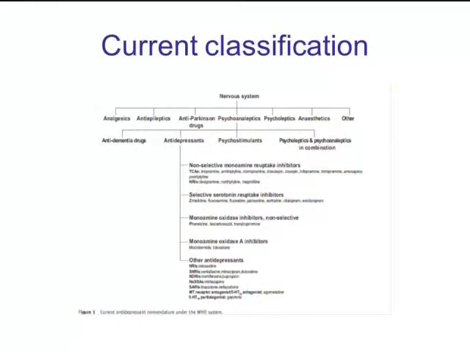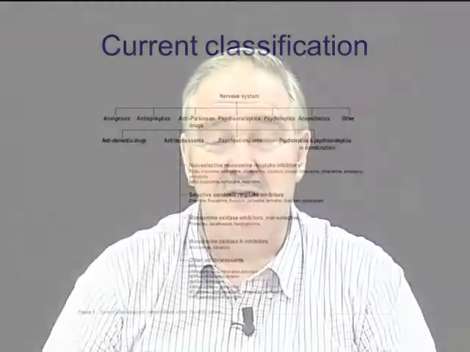And here is the current classification system of drugs for depression. They start off under what we call the nervous system, which is a good start. They do work on the brain. And then they're called psychoanaleptics. Now, I've been working in this field for 40 years, and I don't think I even knew what the term psychoanaleptic was until I started trying to reflect on the classification system a couple of years ago. So it's a term that has no value to almost anyone. And then within the psychoanaleptics, there are anti-dementia drugs, drugs for depression,